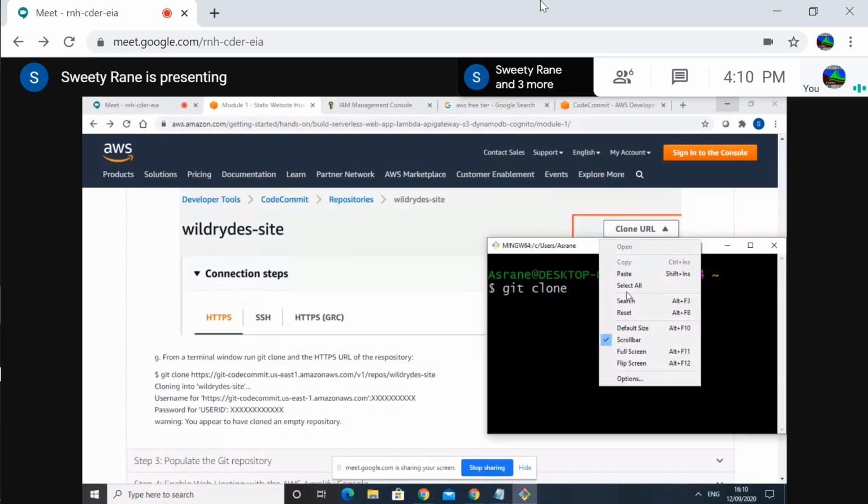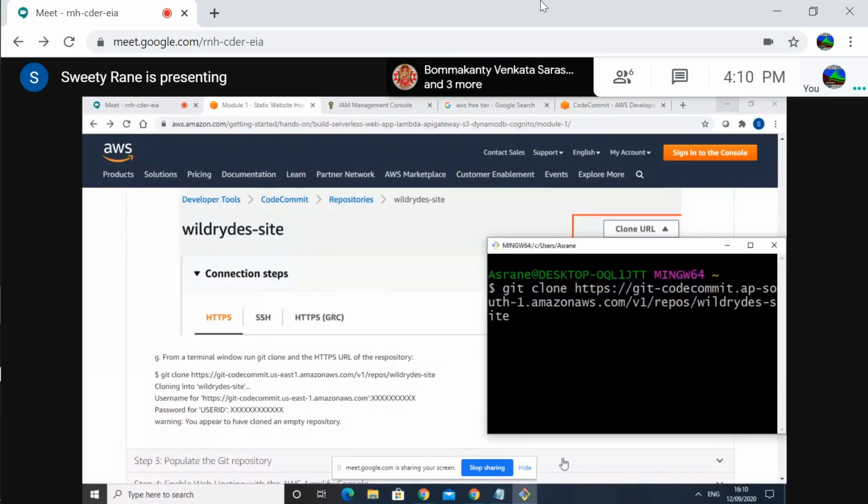Paste is there, no? Paste. Yeah, enter. So this will create that folder while writes, and it will link it to this repository. Git will do that automatically. That we'll have to configure now, so we'll do that.